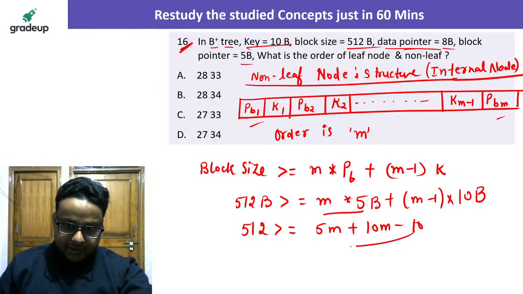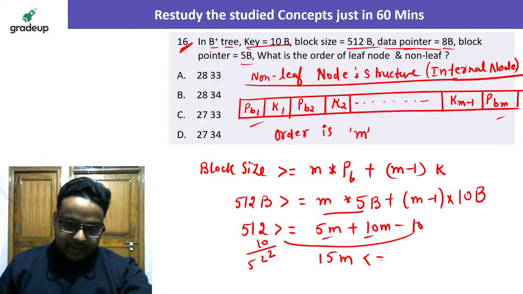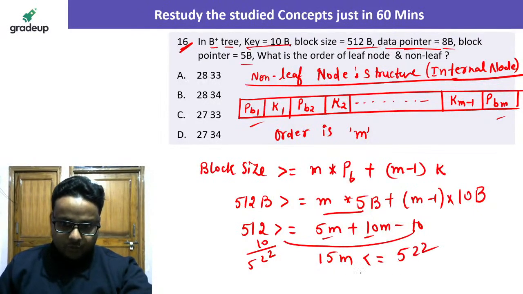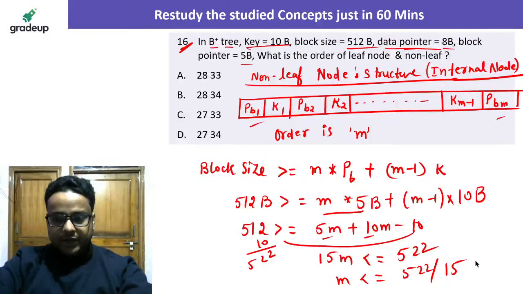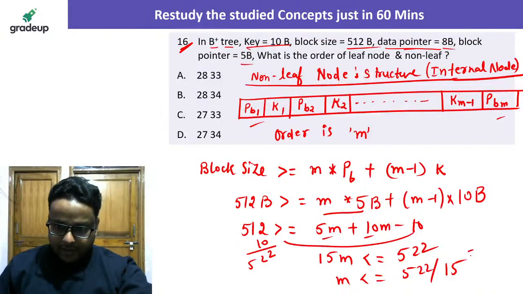So you can take this 10 here, it will be 522 and 10 plus 5 is 15m. 15m is less than or equal to 522, so m will be less than or equal to 522 divided by 15. Isn't it? Yes. So if you solve it, you will get